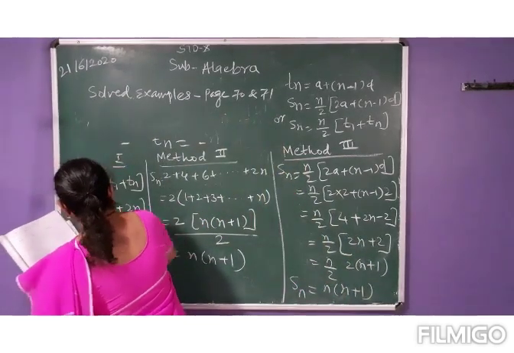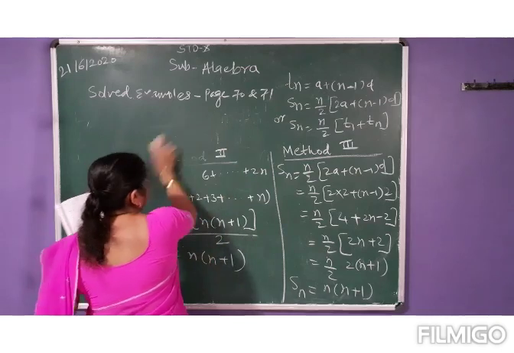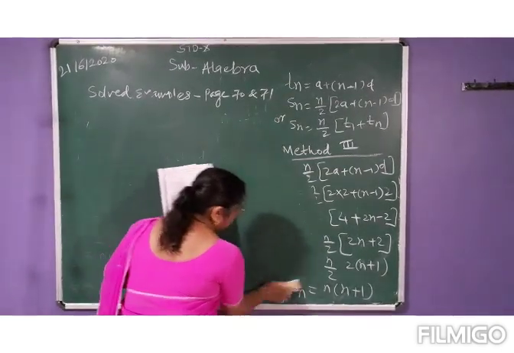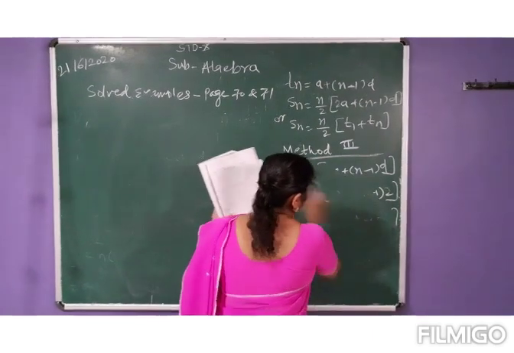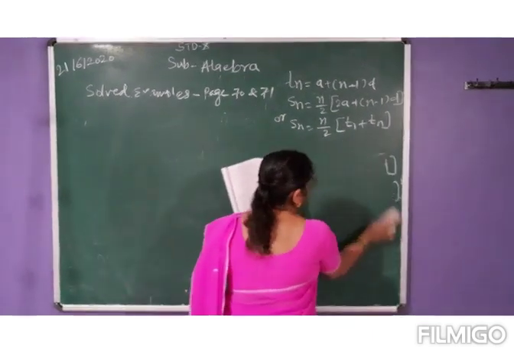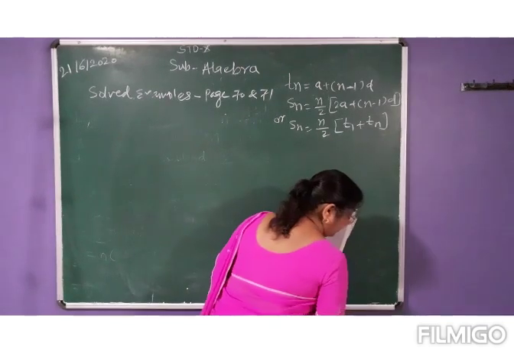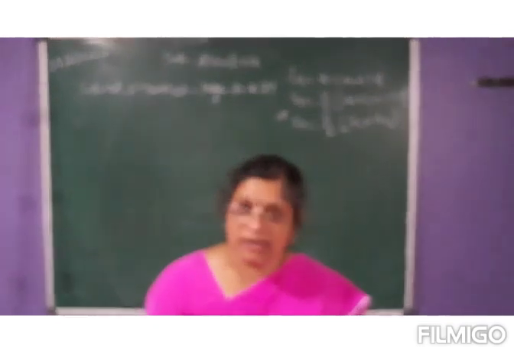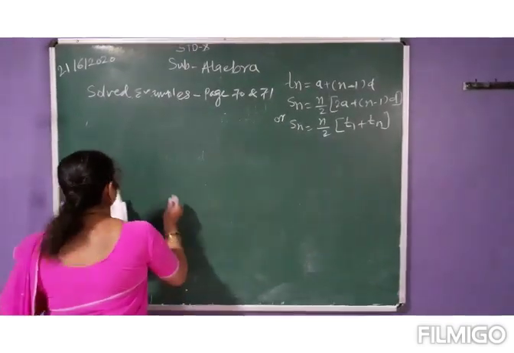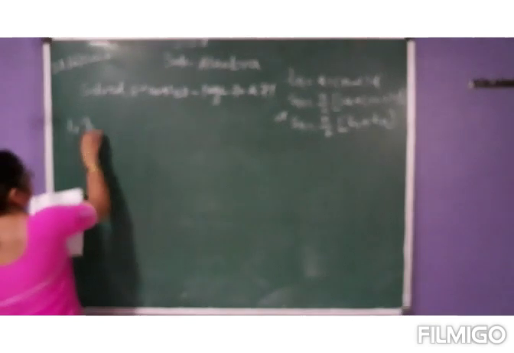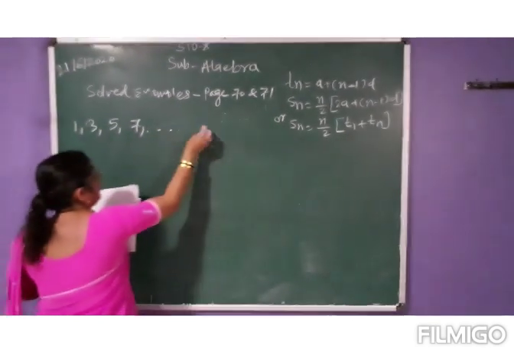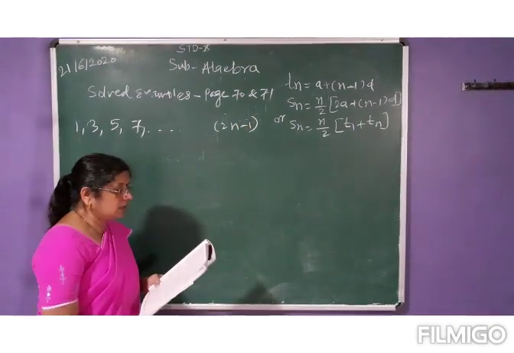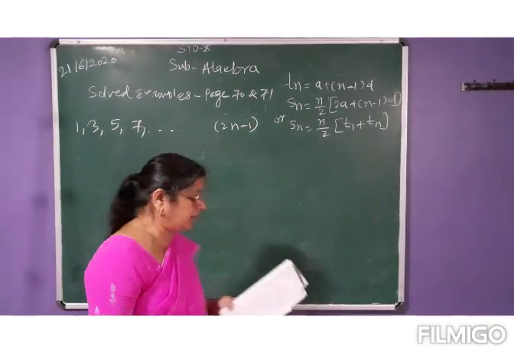So now see, odd natural numbers means 1, 3, 5, 7 like that. So these numbers are there. Now in the even natural numbers, what was the last term? Last term was 2n. Whereas for odd natural numbers, what will be the last term? It is 2n minus 1. So 1, 3, 5, 7, and the last will be 2n minus 1. Now this also you can solve by 3 methods.